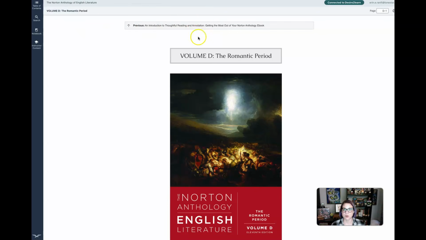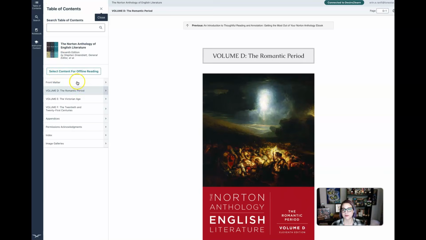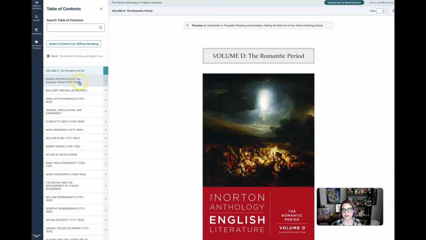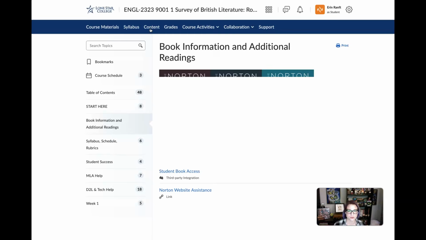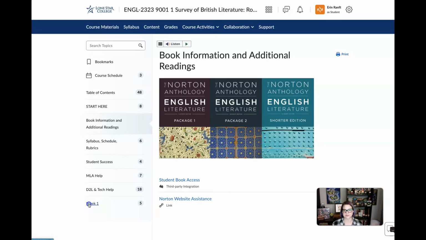Opening up the Romantic period, on the left-hand side is where you navigate. So you have your table of contents that will expand out. You hit the arrow, and that's how you go to find the different readings for that particular volume. I'll touch more on this when we have required reading. We don't have required reading this week. I'm just running through this briefly to show those of you who may want to work ahead a little bit, though that is absolutely not a requirement, because the first week is really overwhelming already. It's just about getting used to things. So don't feel like you have to jump into all this just yet.